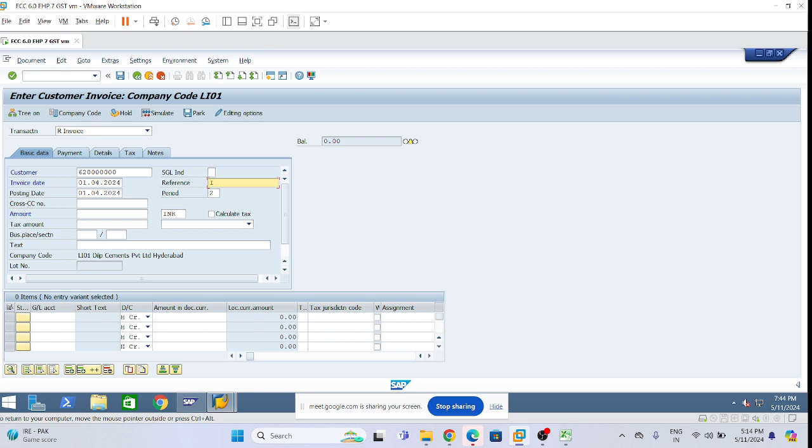Interest calculation. For reference I am giving IC01, and let us post with the amount 5 lakhs, give 5 lakhs. Okay. Item interest calculation,